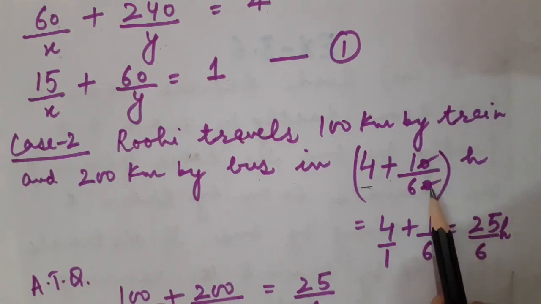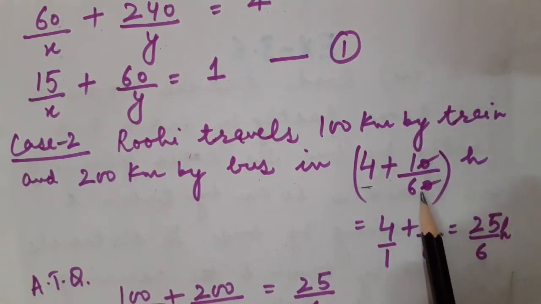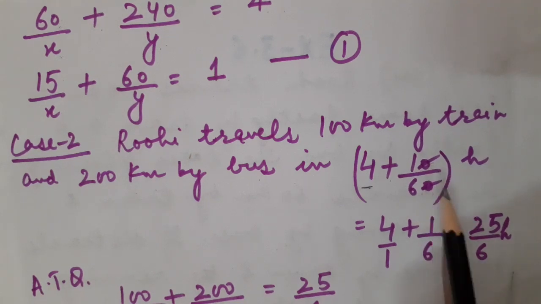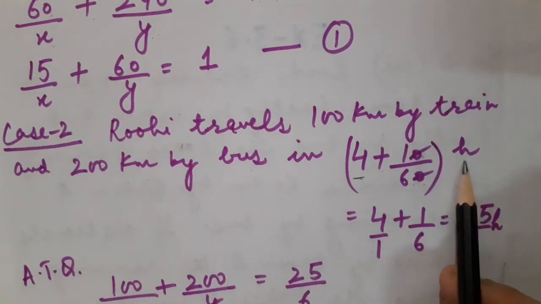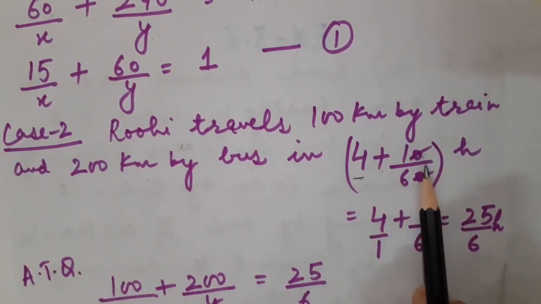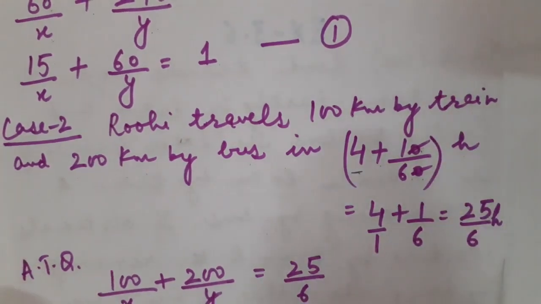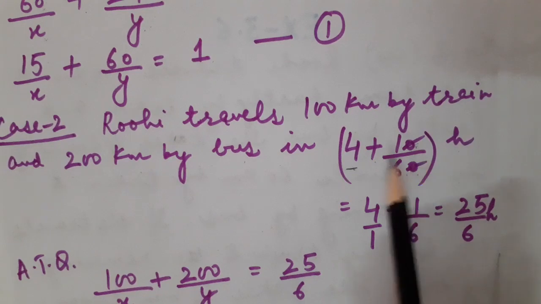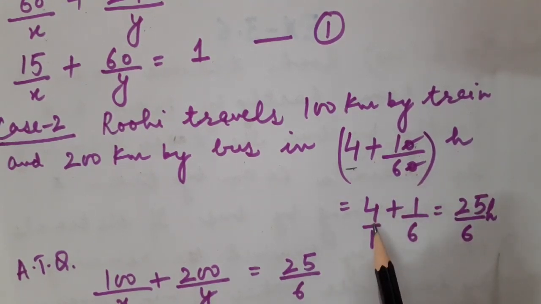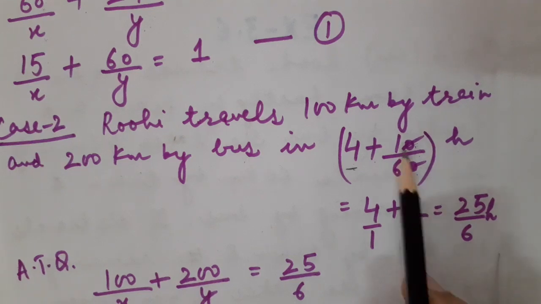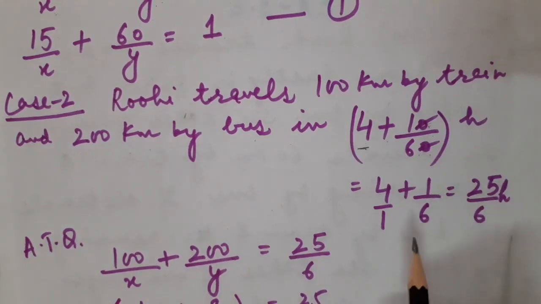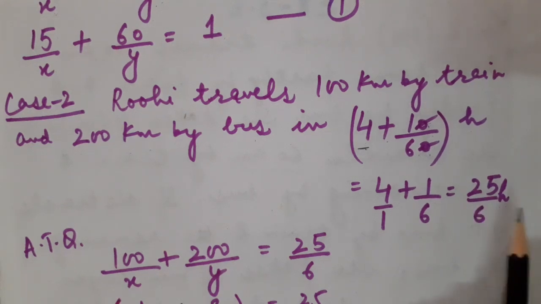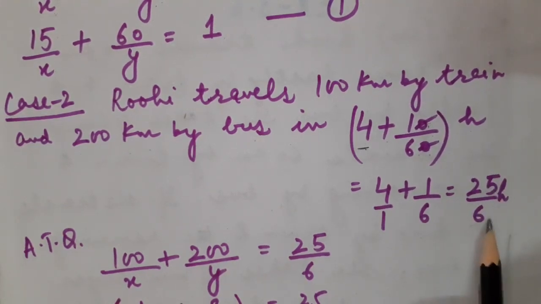Plus 10 minutes more. So I am going to convert this 10 minute into hour. Definitely it would become 10 upon 60. 0 and 0 both are going to be cancelled. It would become 1 upon 6 hours. Because it is asked that it is going to take 10 minutes more. Fine. So hours will be added in hours. 4 hours the girl was taking in case 1 plus 1 upon 6 hours. So after solving it, what I am going to get, children? I have taken 6 as LCM. It would become 24 plus 1, that is 25 upon 6 hours. This is the total time taken by the girl in case 2.